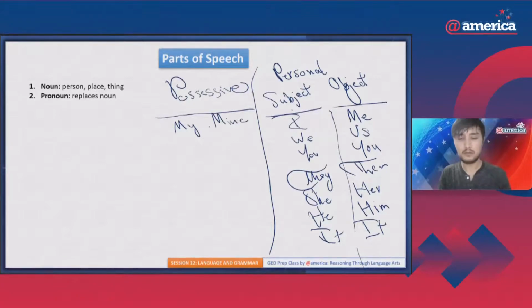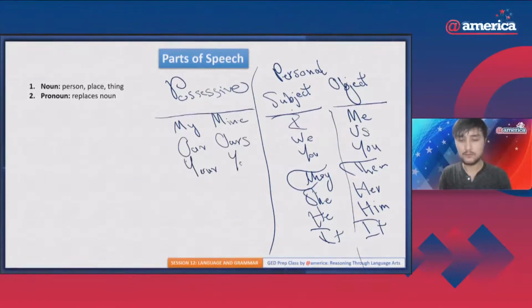This is the subjective one, possessive adjective, and this one is the objective one. So my, mine, our, ours. You have your, yours,